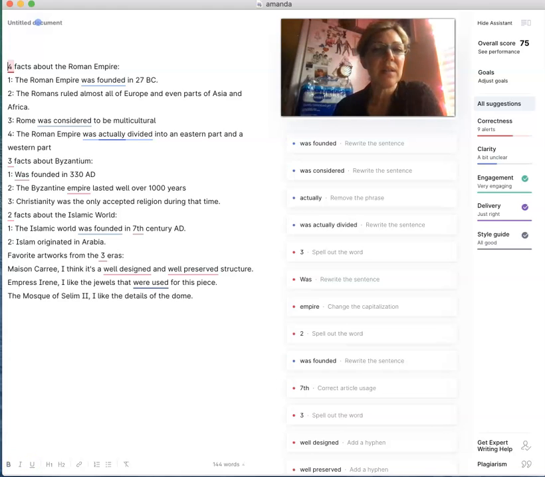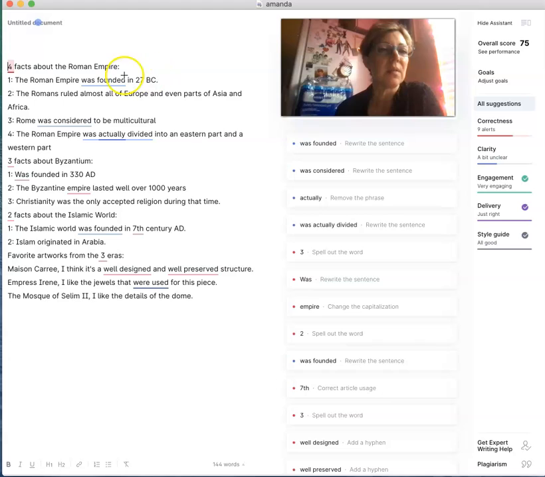I noticed that so many people use this exact same fact. And I would encourage you to look and see what other people have written. And some of you may be doing that and just writing exactly what they wrote. But I would encourage you, if you're going to include the same fact as others, to expand on it. Tell us a little more about it. Or choose a completely different fact. There's so many facts that can be found in each chapter. I want you guys to go a little further, a little deeper.